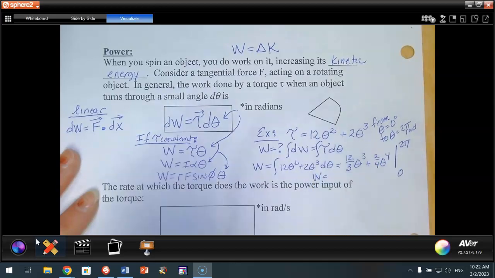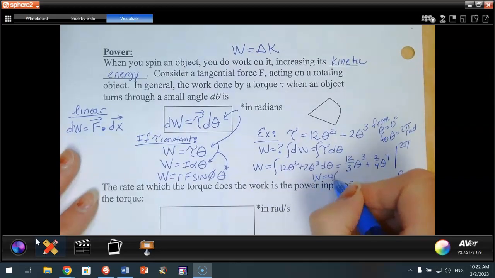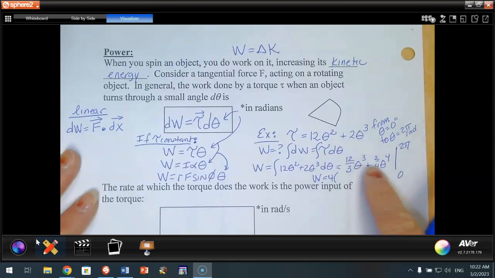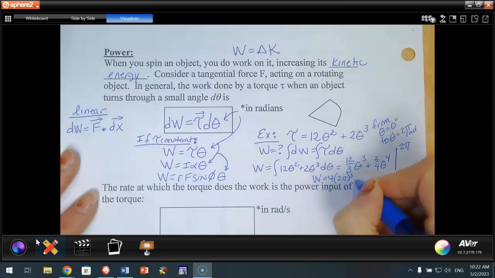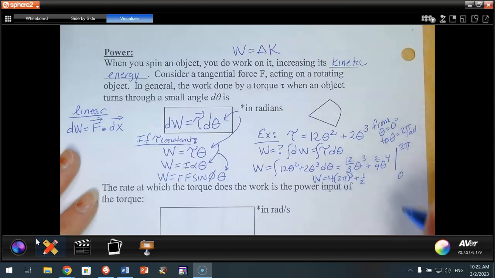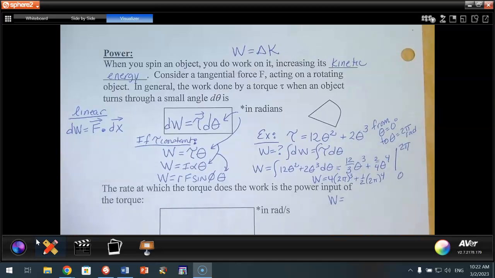So work equals 4. And then when I plug in 0 here, this just becomes 0. So really I'm just evaluating it at 2 pi. So 4 times 2 pi cubed plus 1/2, because that's what 2 fourths is, times 2 pi to the 4th power. So if I were going to put that into my calculator,